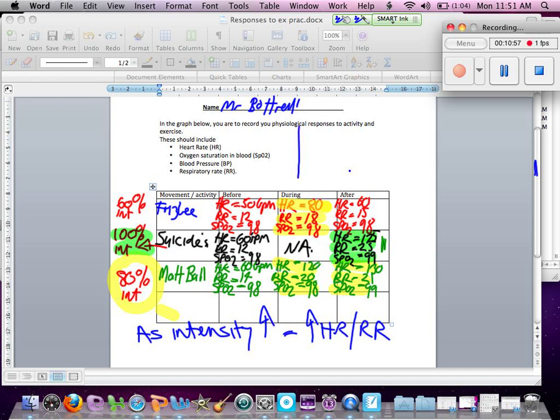If we were to draw a graph of time over intensity, percentage of intensity, what would the graph look like? It would go up. If the red one was heart rate,